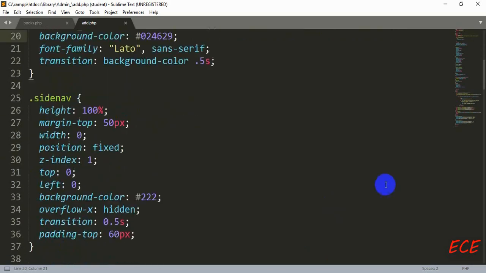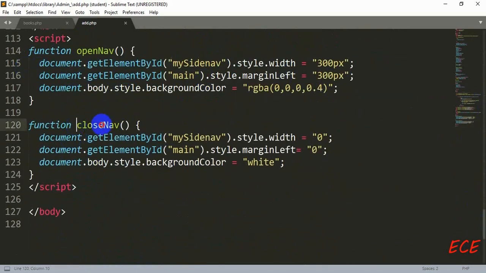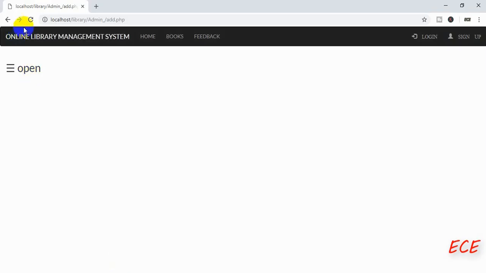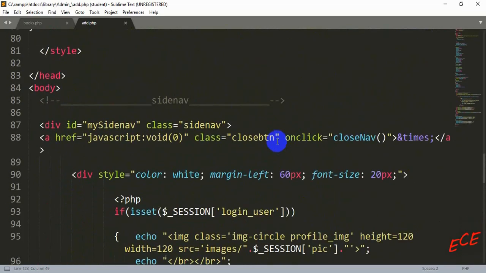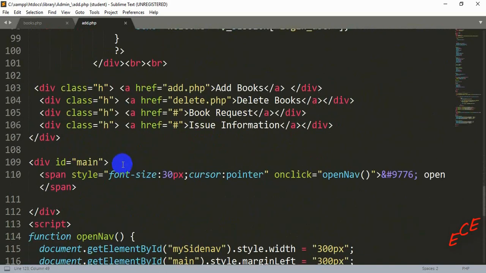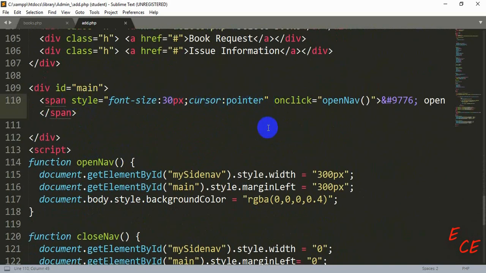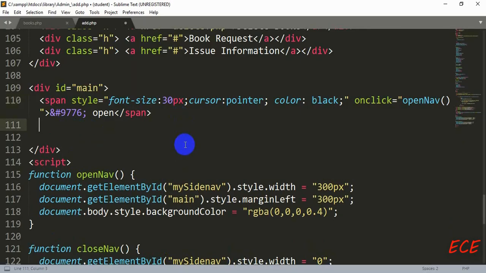Now it's alright, but if we click on our span here, it goes back to white, so we need to change it inside this close map function. Here we just need to paste that same color, and now it will work properly. Okay, now we just need to change the color of this writing, and this is inside our main ID here. So we will add a color black. Okay, now we can see that properly as the color is black, and inside this we will write an h2 tag,